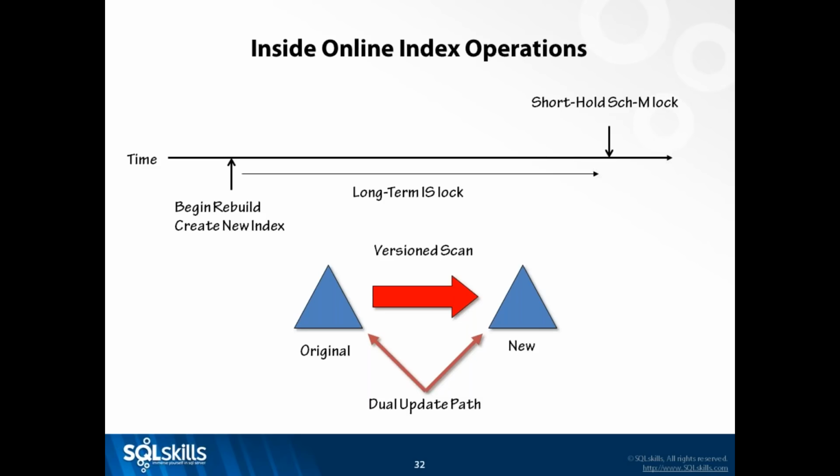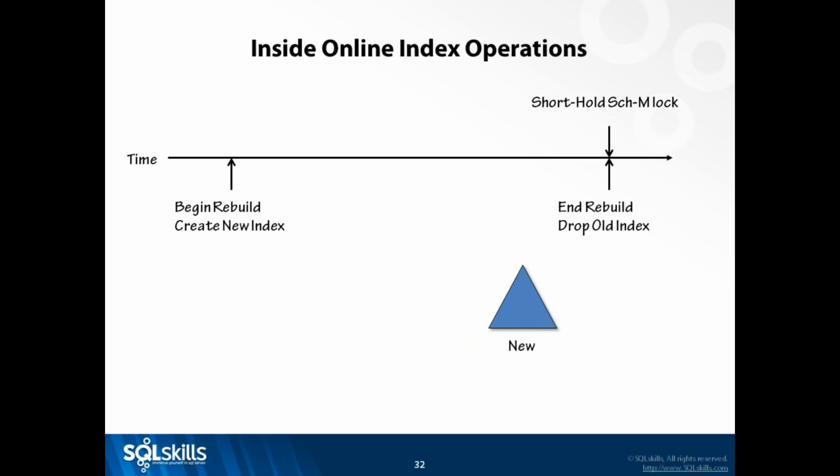Okay, well, they're queries. And that allows you to work around the whole blocking problem, right? So once the schema mod lock is held, then it's going to drop the old index. So it gets rid of the old index, turns off the version scan, recompiles the query plans, and then we've done an online index operation. So that's how those work under the covers. Almost online, as you can see, but you can work around that a little bit on 2014.